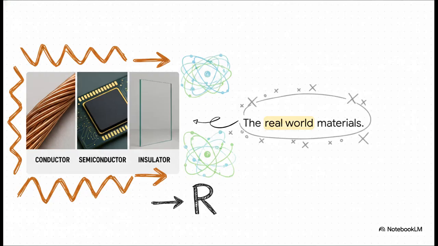So let's kick off our macro to micro journey with something totally tangible, something we can easily measure right in a lab: resistivity. Basically, it just measures how strongly a material opposes the flow of electric current. And when we test this out in the real world, we get 3 very distinct physical categories. First up, highly conductive materials. Think the copper wiring inside your walls. Then we have perfectly insulating materials, like the glass in your windows. And finally, sitting right there in the sweet spot, we have the silicon semiconductors that literally power our entire digital